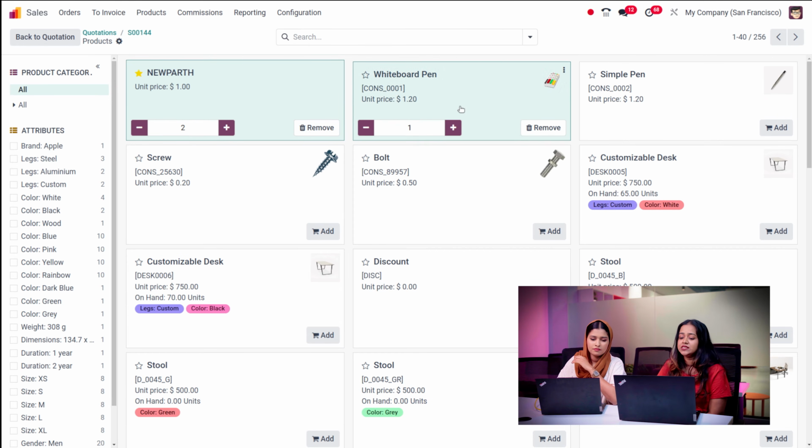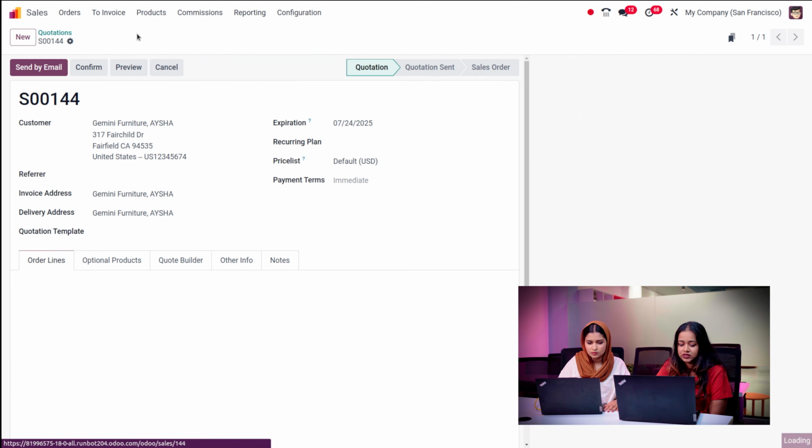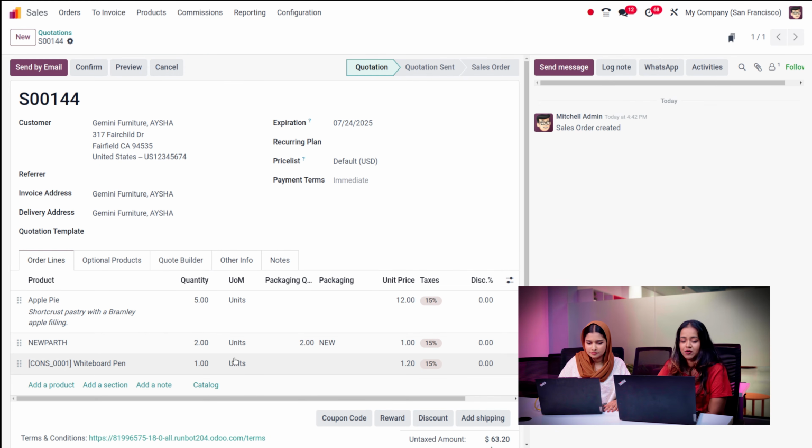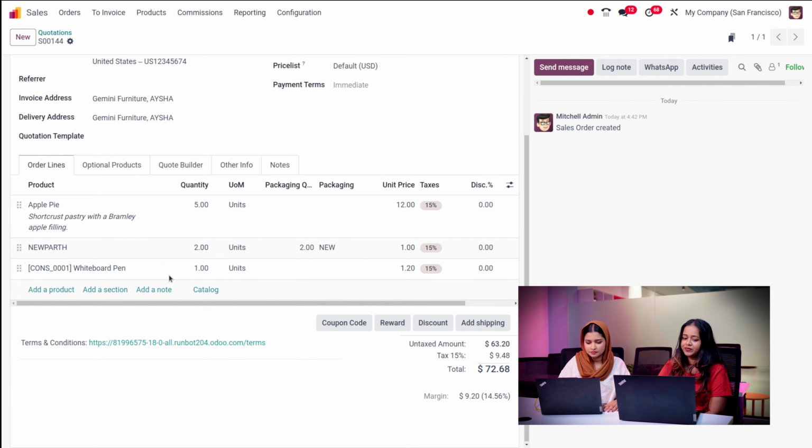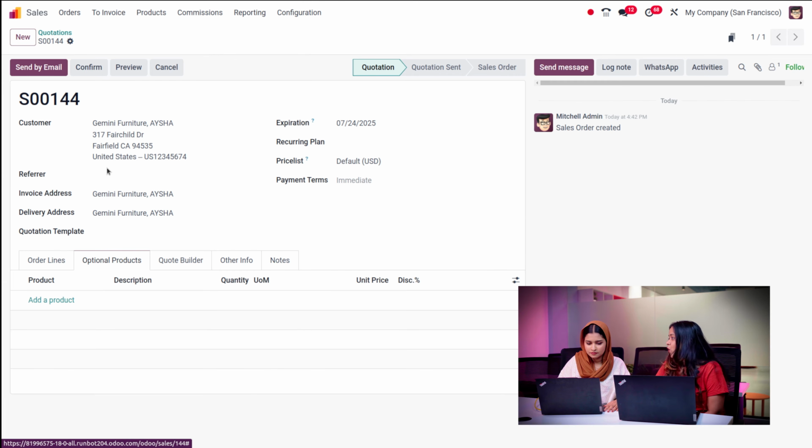So it's really easy to add multiple products. Rather than going to the order line and searching for each product, you can simply click on the catalog and add such things. That's how you add it. Now if you go back to the sale order, you can see those products have been added to the order lines. Then what do we have? We have the optional products. Optional product is actually cross-selling. If we are selling any kind of product to your customer, we can actually give